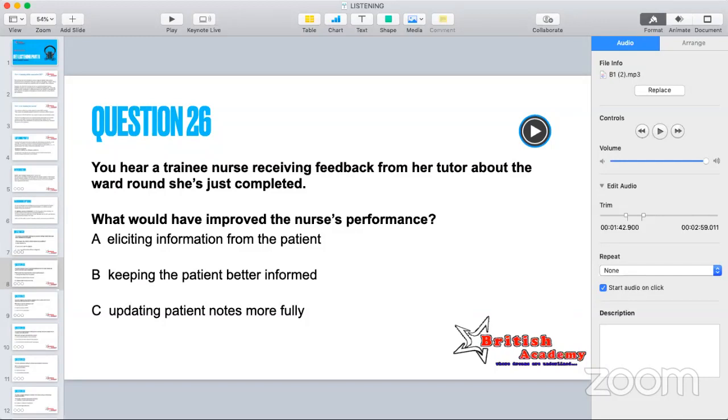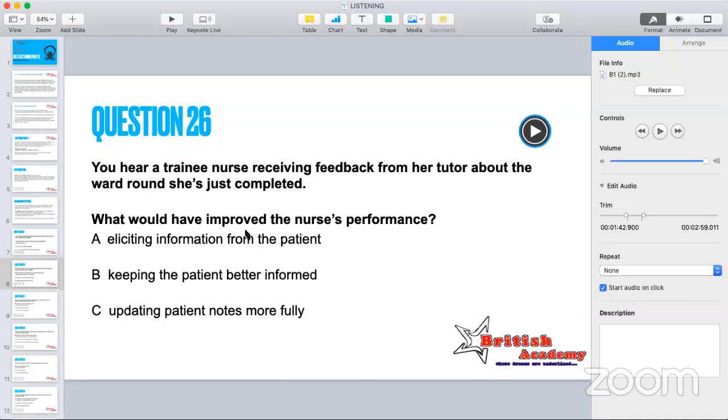Perfect. So what can be the answer? People, come up with the answer. What can be the answer for this? What could have improved the nurse's performance? And over here, you might have heard in the beginning, the nurse said, I should have told him what I'm about to do. Observation, she did very well. Before taking the blood pressure, she just rolled over his sleeves and directly, without informing him, started taking the blood